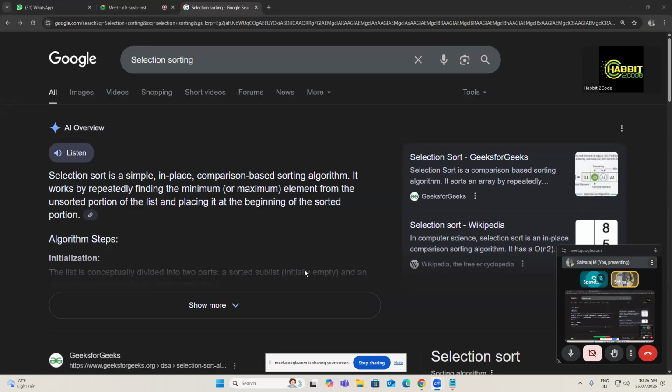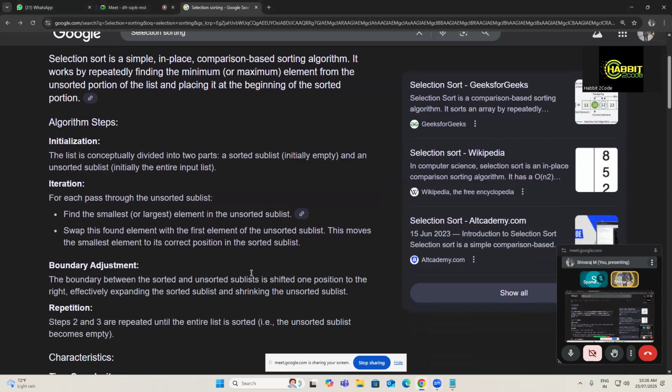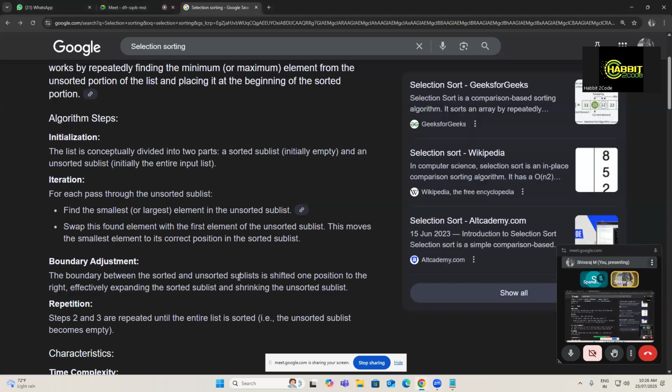Selection sort is a simple, in-place, comparison-based sorting algorithm. It works by repeatedly finding the minimum or maximum element from the unsorted portion of the list and placing it at the beginning of the sorted portion. Right, so here what happens in this selection sort, for ascending order, we are going to find out